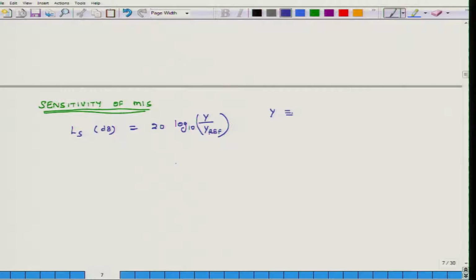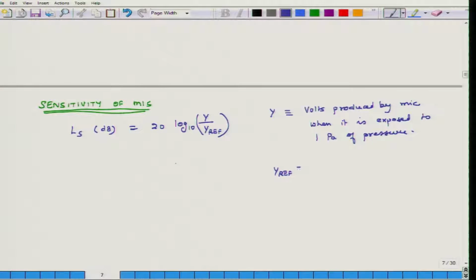Y corresponds to the volts produced by the mic when it is exposed to 1 Pascal of pressure. So, if I expose a microphone to 1 Pascal of pressure and it, say, produces 2 volts, then Y